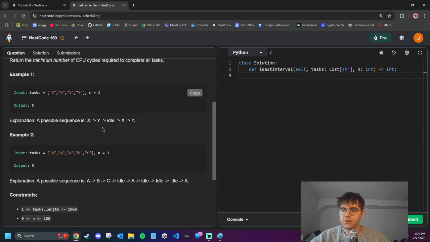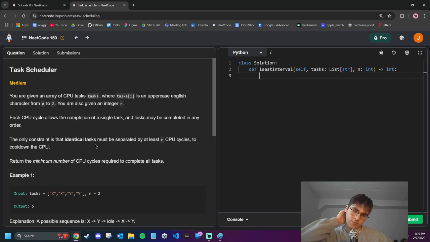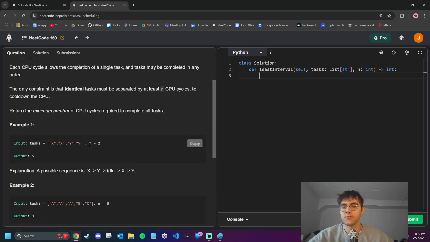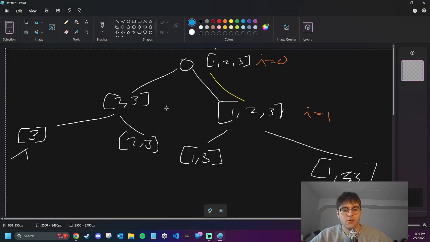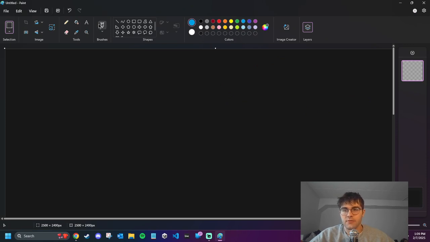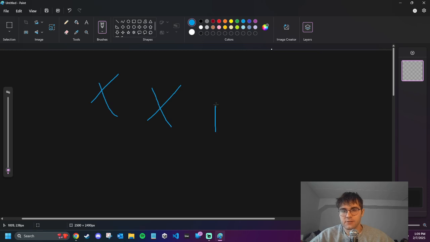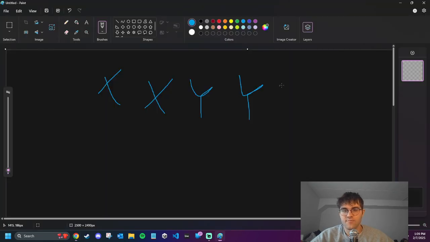So normally it would be fine if there were no duplicates. You could just output them in whatever order. So the problem here is the duplicates. So if we have x, x, y, y, n equals 2,